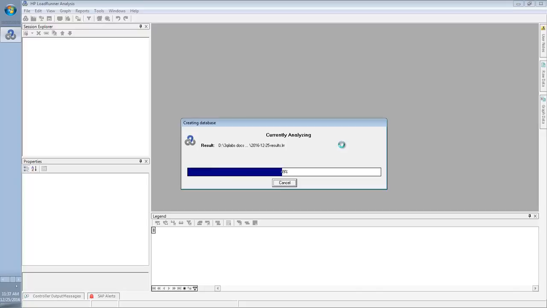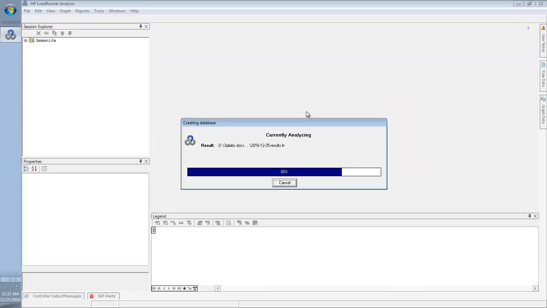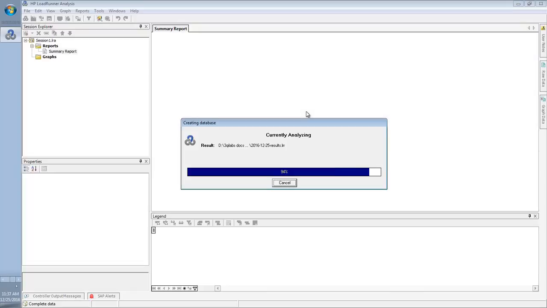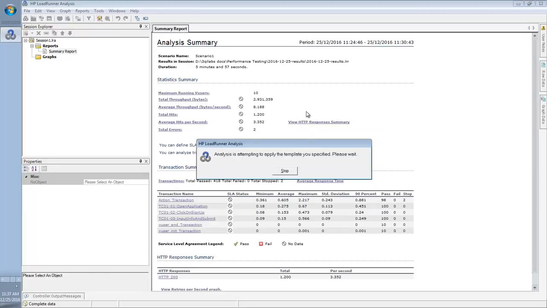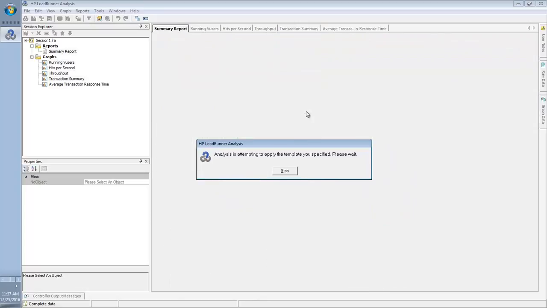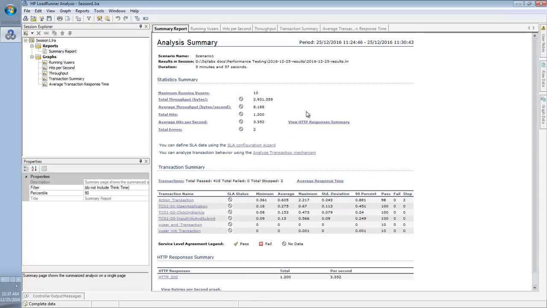Now take a look here, we are generating this analysis. While it is being generated, okay, now can you see this? Okay, let's come from the beginning.